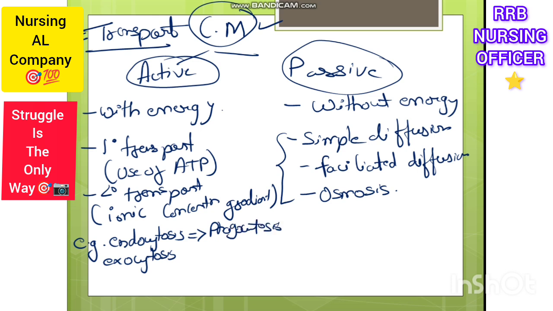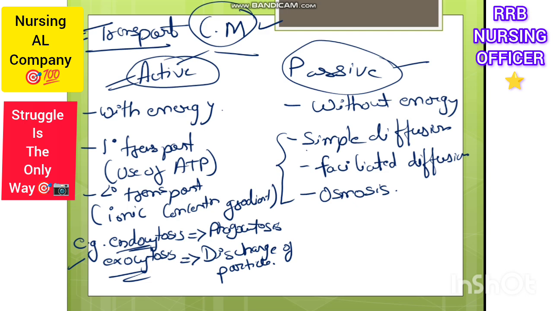Exocytosis is the discharge of particles. These are the two examples of active transport, while passive is simple diffusion, facilitated